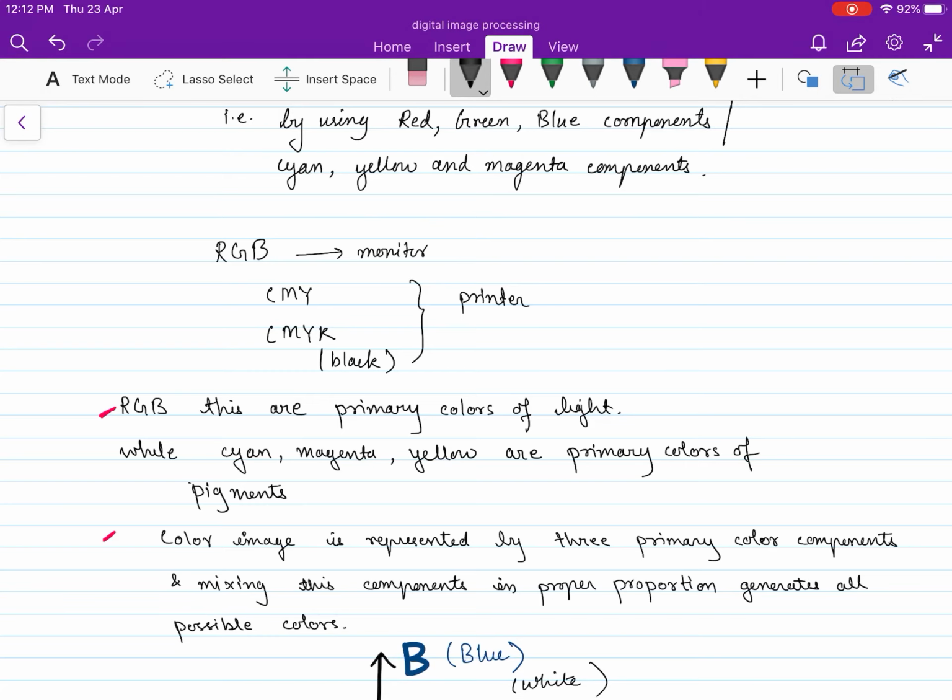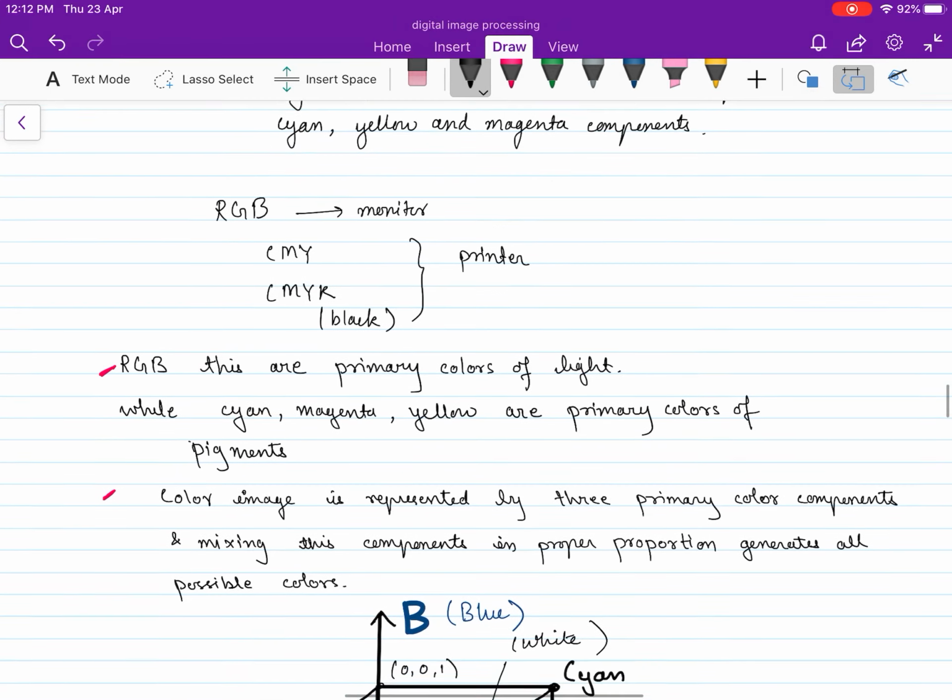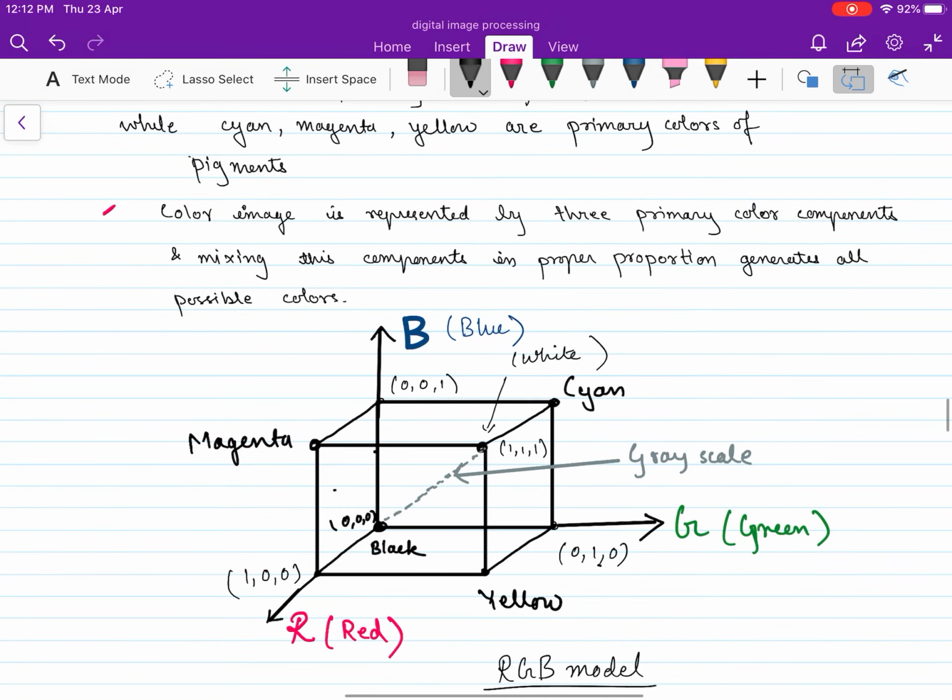A color image is represented by three primary color components, and mixing these components in proper proportion generates all possible colors. So this is the RGB model. Here we have a cube, and these three colors are represented on three axes, where one axis represents blue, another axis represents green, and another axis represents red. At 0 1 0 is the green coordinate, and this is blue, and this is red.